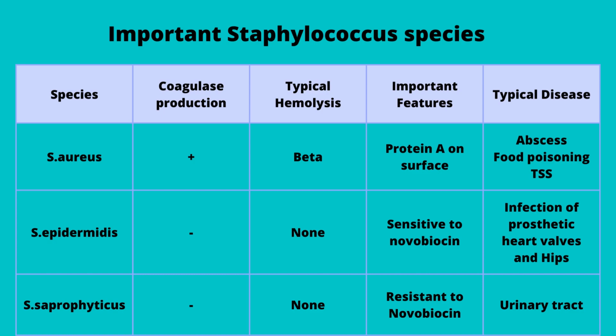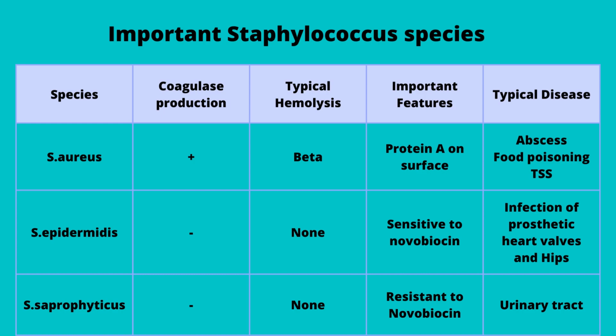The important virulence factor is protein A, and important diseases, as we have discussed earlier, are pyogenic and toxigenic, while the other two species are coagulase negative and non-hemolytic on blood agar. Their differentiation is basically on sensitivity to novobiocin, where Staph epidermidis is sensitive to novobiocin and Staph saprophyticus is resistant